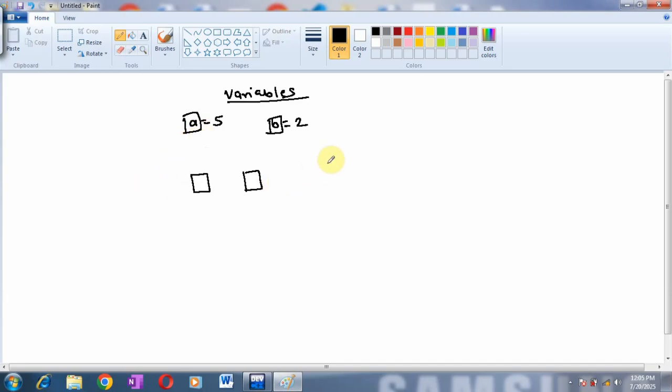Now basically there are two types of variables. One is called a numeric variable and the other is called a character variable. In case of numeric variables, they can be used to store either integer values or floating point values. Numeric variables can also be associated with modifiers such as short, long, signed, unsigned. And when you consider float, then the fractional part needs to be considered, or it is a decimal number with a floating point value. That is a numeric variable.